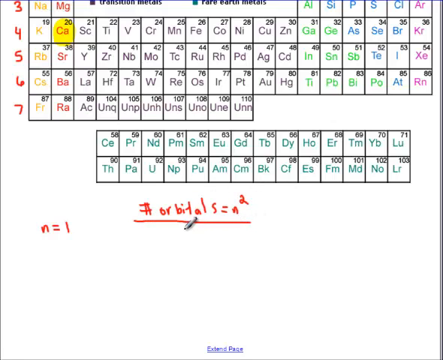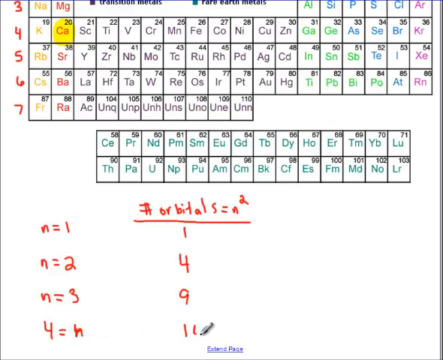So if we're talking about energy level 1, we've got one orbital in that energy level. If we're talking about the second energy level, we've got 4 orbitals, and so on. The third energy level has 9 orbitals, and then the fourth energy level,